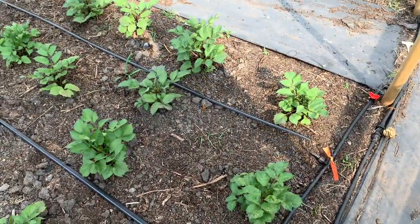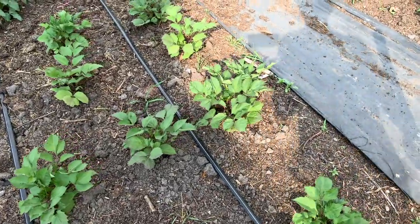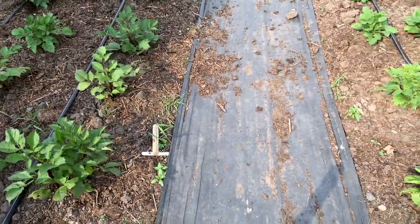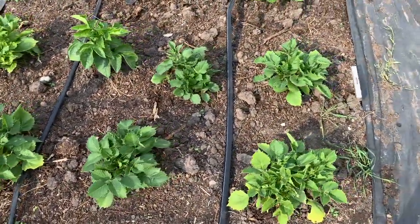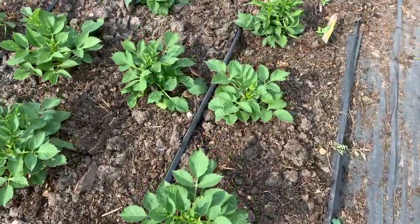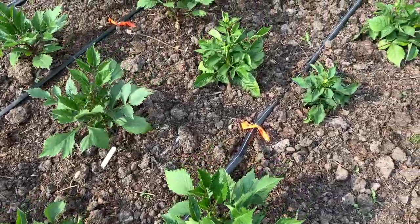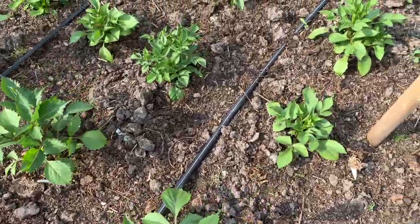Fairly happy with those, although the conditions have been pretty dire really. It's been very, very hot indeed, and we've had no rain now for 5 weeks, not a single drop of rain for 5 weeks, and the temperatures are well up into the over 20s. So these poor things are doing their best to grow on for us. I'm just watering them at the moment and watching them, and I'm hand weeding,